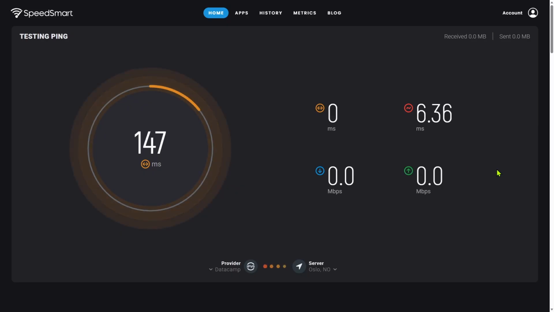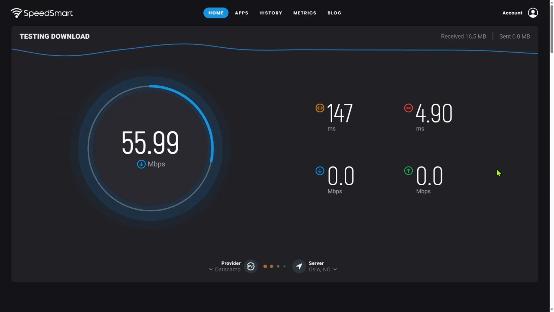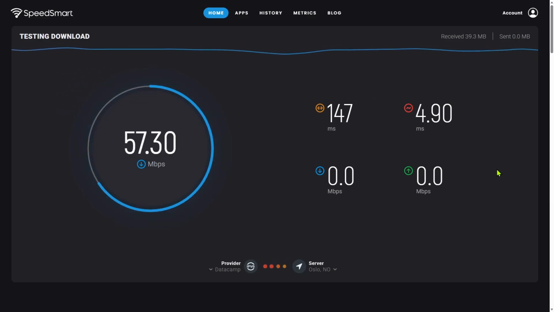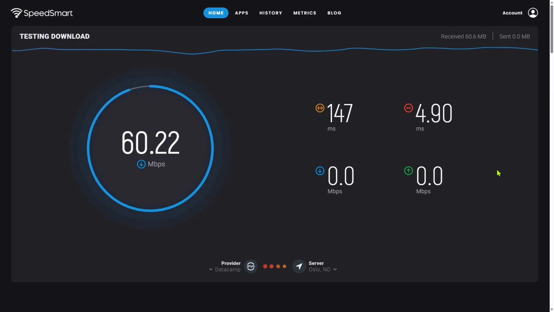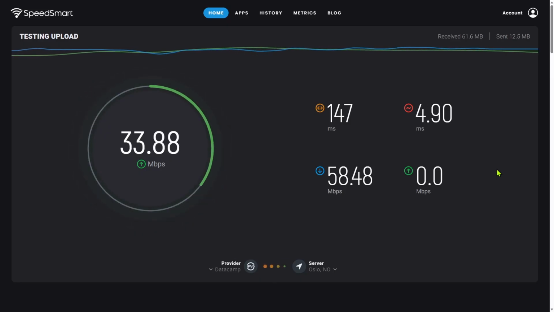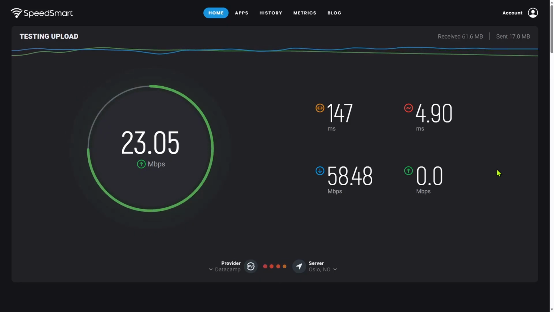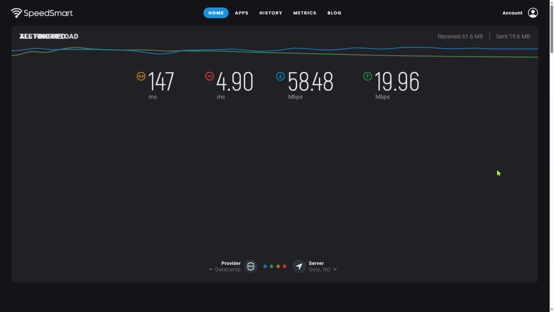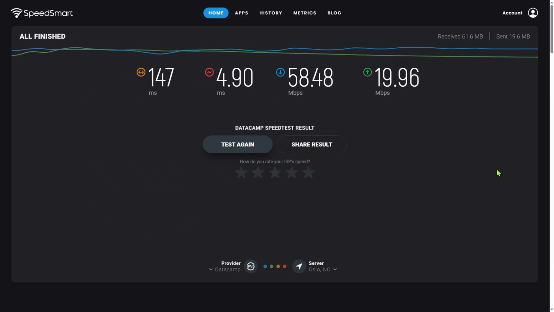I like the interface of SpeedSmart, both on the iPad as well as on the website here. It's a very simple, very clean interface, and they provide you with both latency and jitter, upload and download speed. And you don't get to see loaded versus unloaded latency, but it's still a good, reliable test. I find the numbers with SpeedSmart to be very consistent and accurate, very closely in agreement with what Ookla